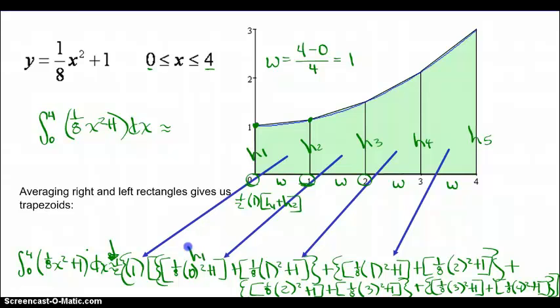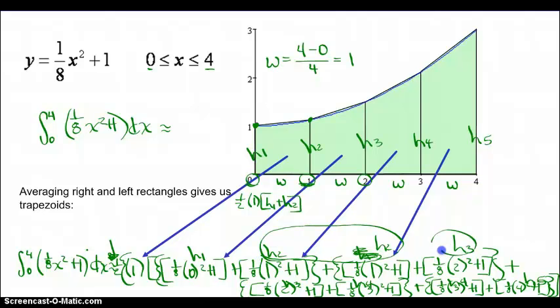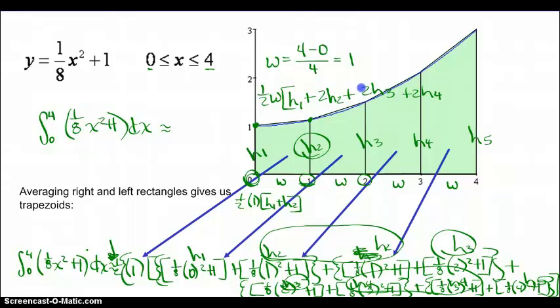Now I want you to notice something. Here's height 1, here's height 2, height 3, height 3, height 4, height 4, and height 5. Notice that all of the interior heights, and by interior I mean not an endpoint, height 2, height 3, and height 4, are in this sum twice. What we've done here is 1/2 the width times the output, or the height, at the left endpoint once, the height or the output of the function at all interior points twice, and the height at the right